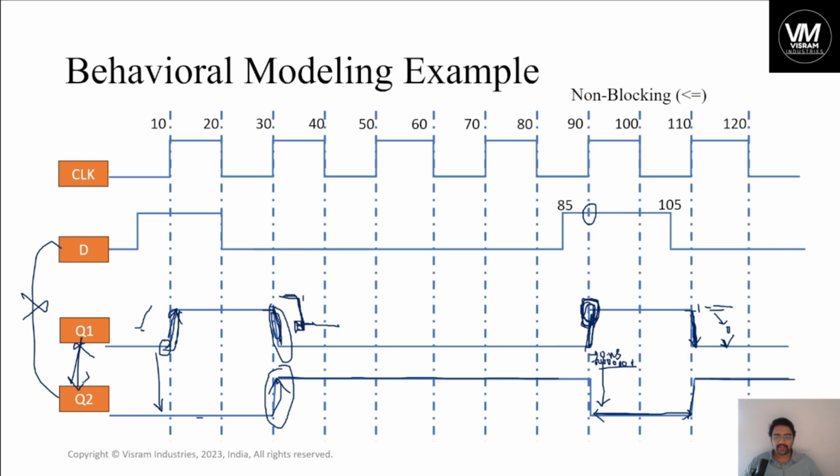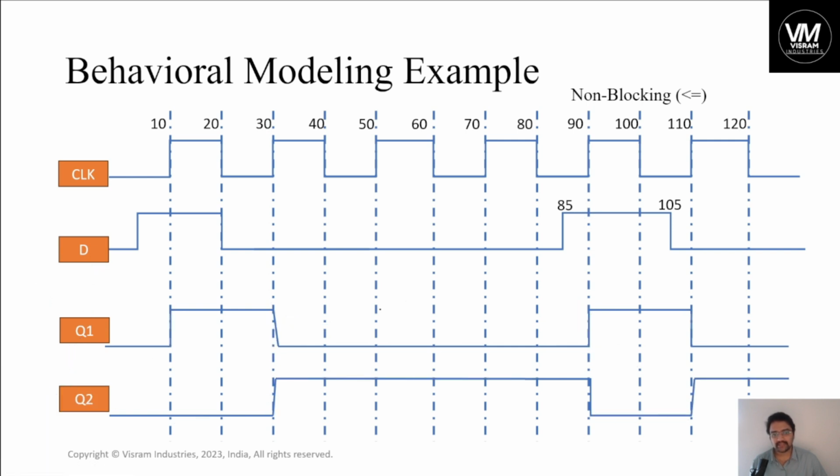This is how Q2 will only be depending on Q1 parallelly, and Q1 will be depending on D parallelly. Same, there will be no issue, but the data will not be lost, and it is same as it is. Got it, guys? So it is about non-blocking assignments,